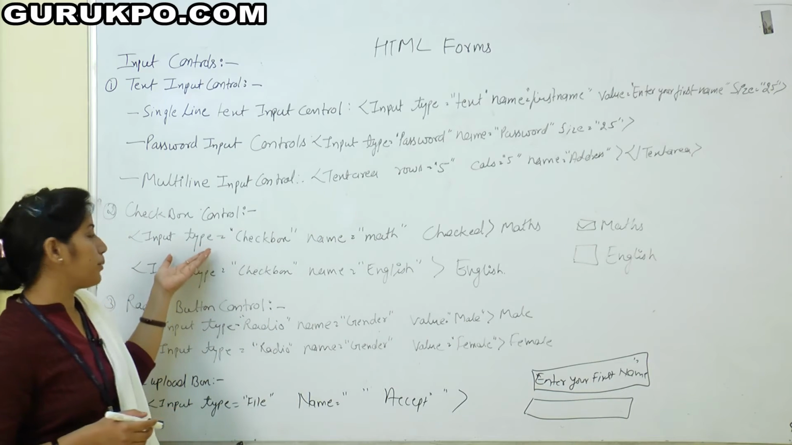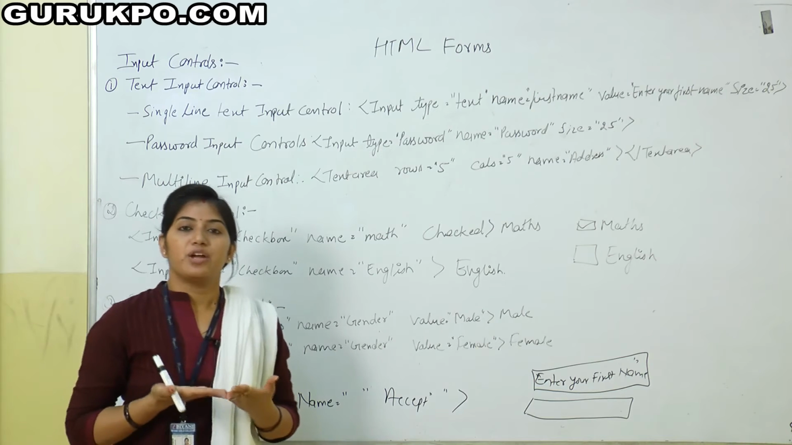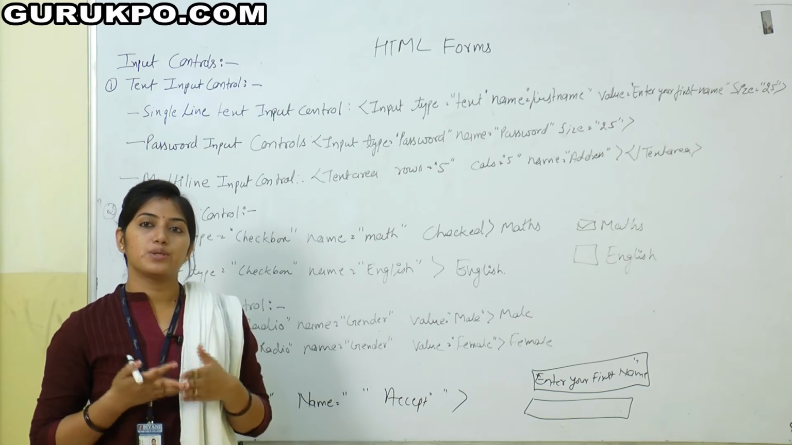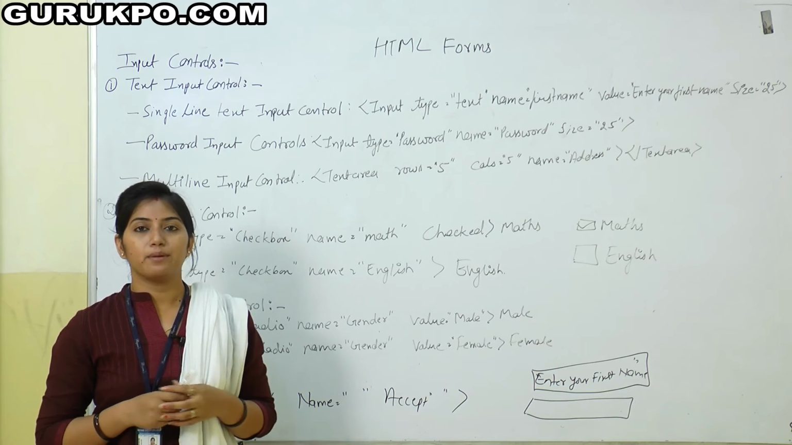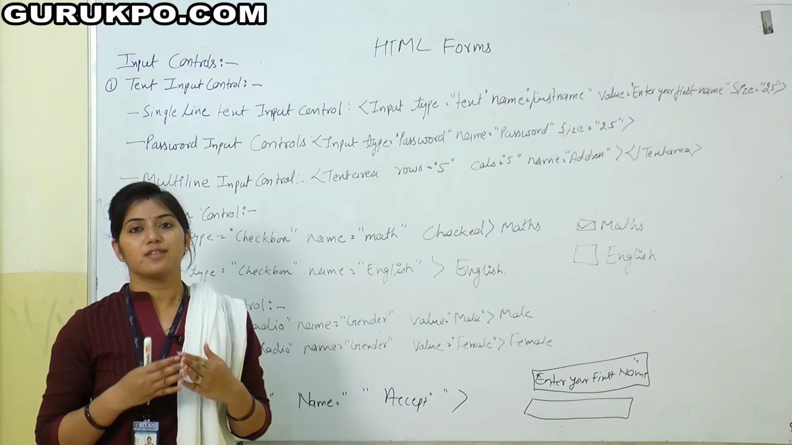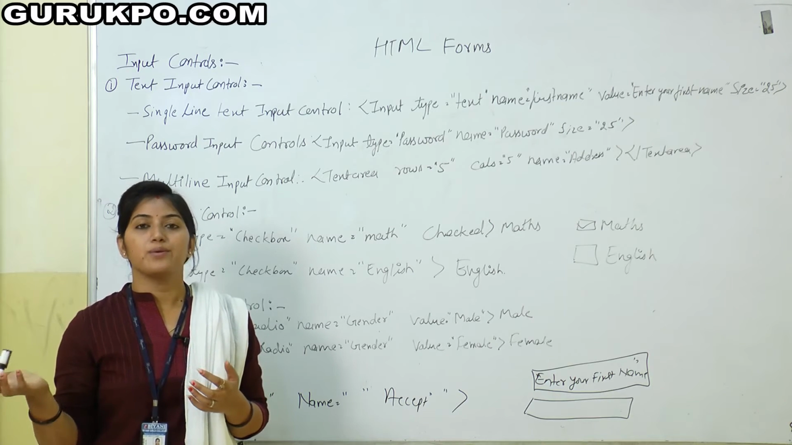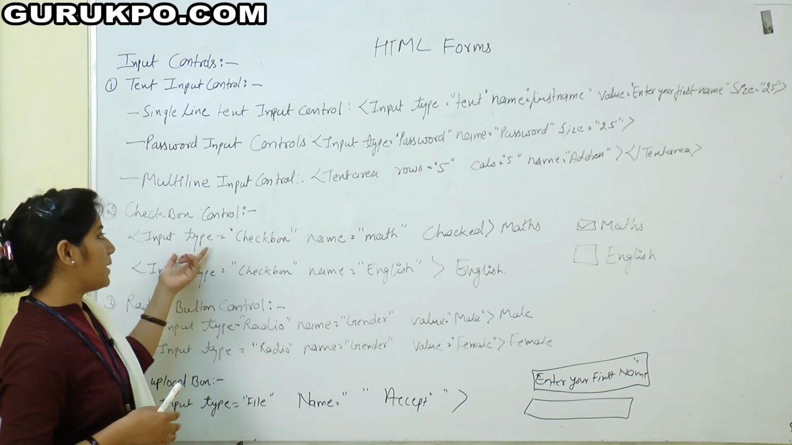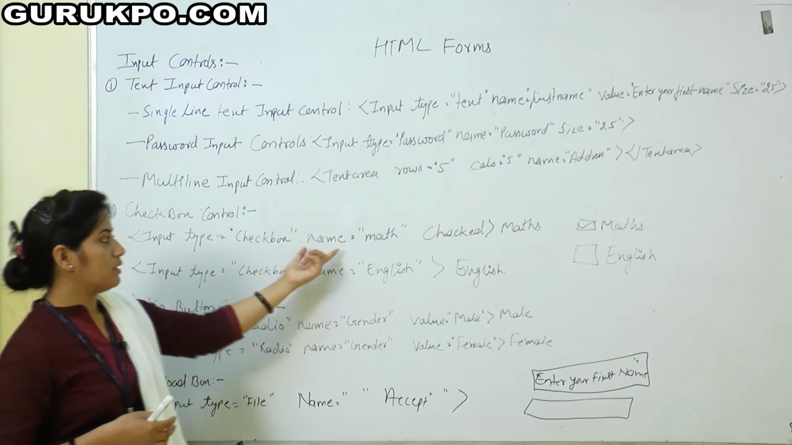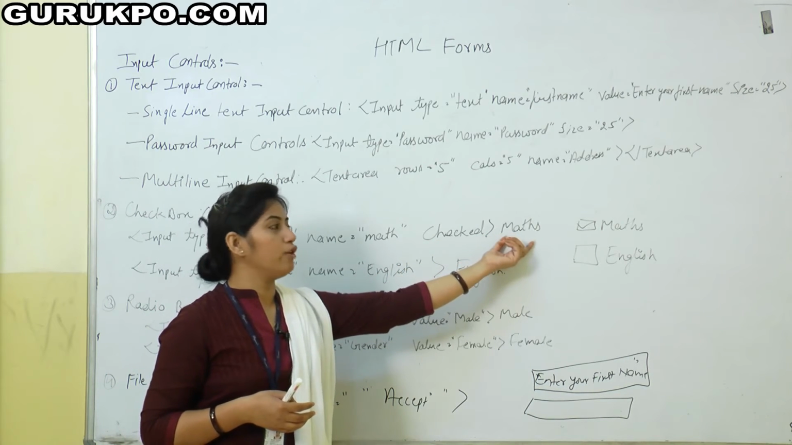Next input control is the checkbox input control. As we say, the checkbox control is used to select multiple values. For example, I have a subject list and I want to select multiple subjects, then I use the checkbox button. The syntax for the checkbox button is input type checkbox, name and checked, and after that the value which will be displayed